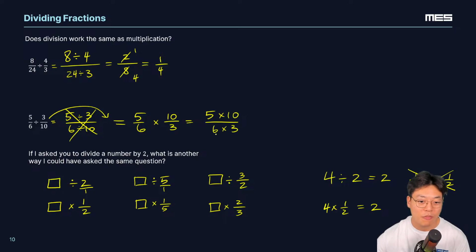And now, once we are multiplying these fractions, we would get 5 times 10 all over 6 times 3. Well, 5 and 6 have nothing in common. 10 and 3 have nothing in common. But now we can switch 5 times 10 into 10 times 5. This is also called the commutative property of multiplication. You may have heard of that before. And we know 10 and 6 have something in common.